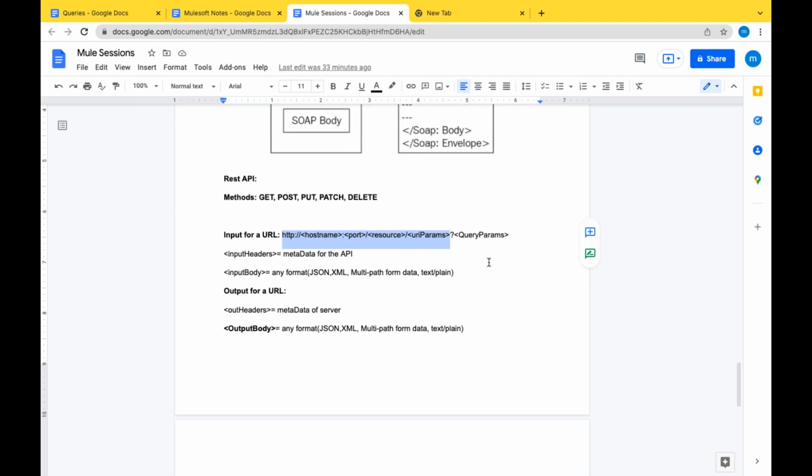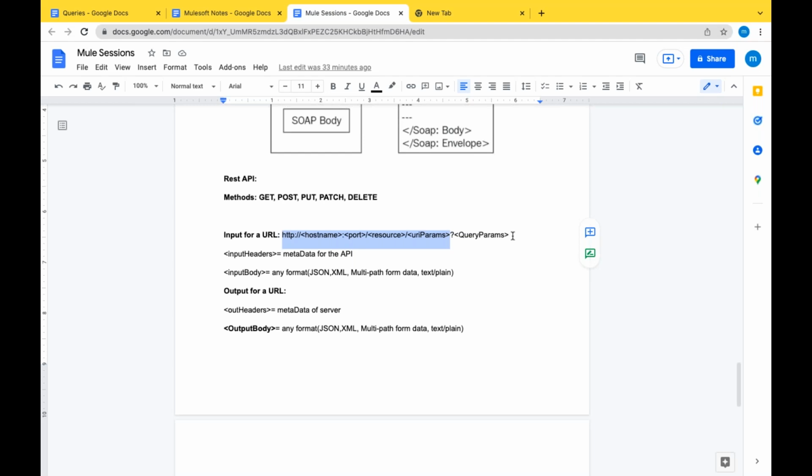You prepared a GET resource to get all the employee details, and you want to filter the employees depending upon the department.